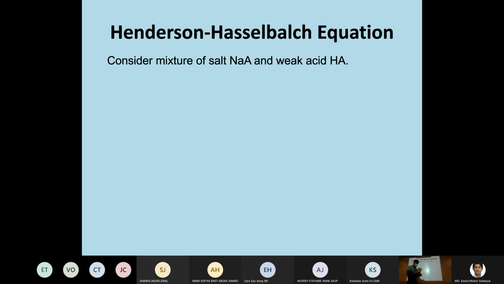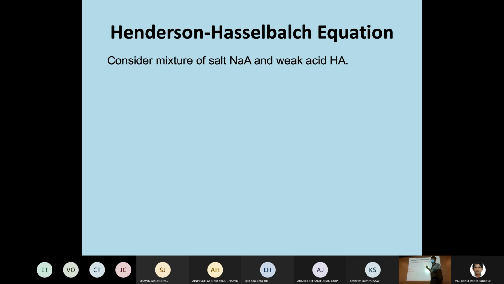So this is a common ion between these two chemicals. If this type of common ion is present in a solution, given that they're a weak acid or weak base between them,